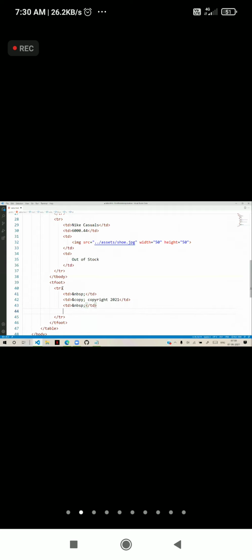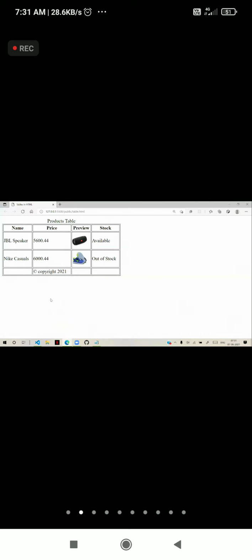Later we will learn about merging of cells, how we can merge. As of now, I am not merging the cells. So actually we need merging of the cells. I will just keep it empty. And it will display like this. Later, I will show you how we can merge and keep it as a single cell. We just designed a footer here. So we just configured a footer section.